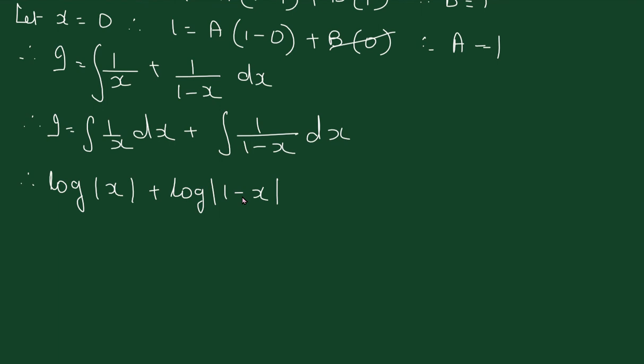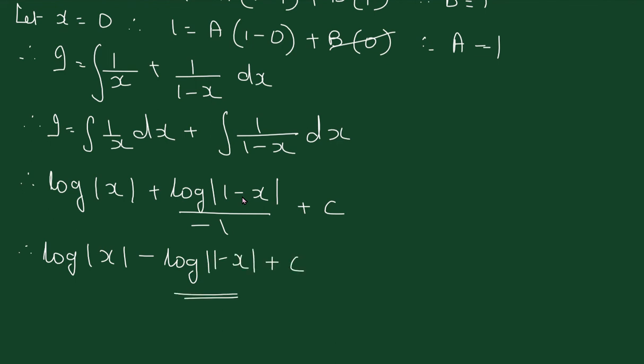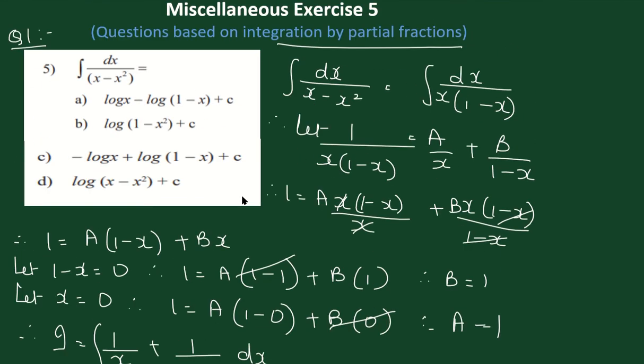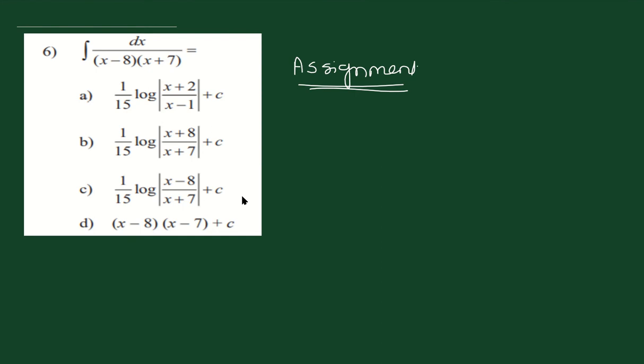Now, in this case, 1 minus x is given and so we also put upon minus 1 over here. Okay, and we modify this answer this way, that is log x minus log of 1 minus x plus c. Now comparing this answer to the options which are given to us, we find that A is the correct option in this case. So A is the correct option over here. The next sum you can try out as assignment in your notebooks along with the other sums. You can do this sum by yourself and see it is simple enough actually.